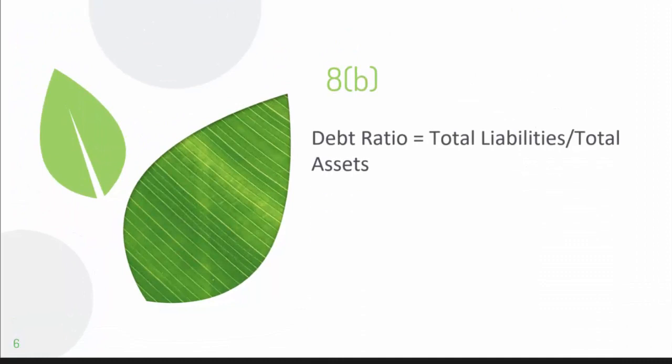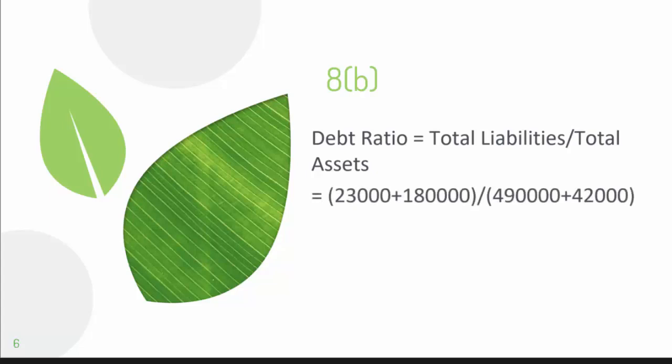Question 8b, talking about the solvency or the debt ratio, which is looking at longer term financial stability. And there's your formula, which again you get from the ratio sheet. In this question, you had to calculate what the total liabilities were, the total current liabilities and total non-current liabilities. You take the total liabilities, divide them by the total assets. Again, on your sheet you would have seen reference to current assets, non-current assets, and they add them together, and you get